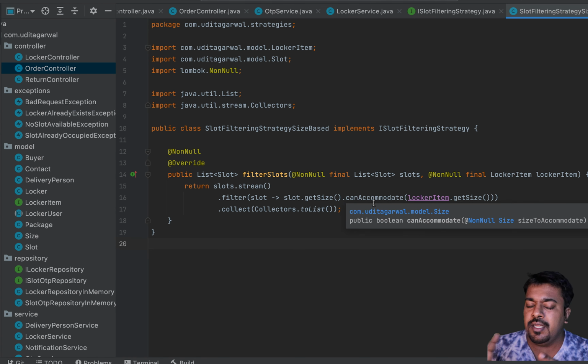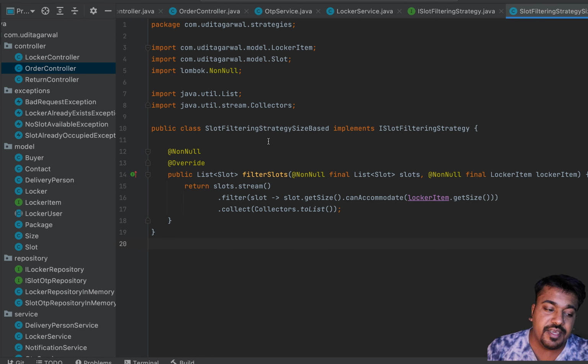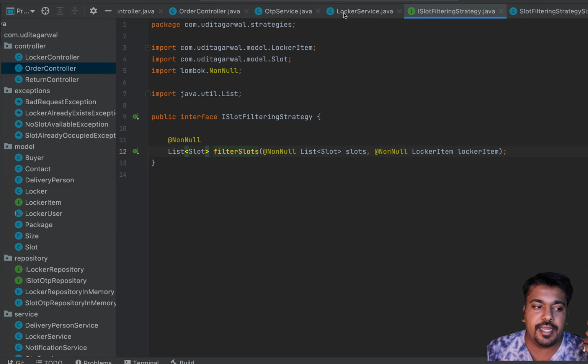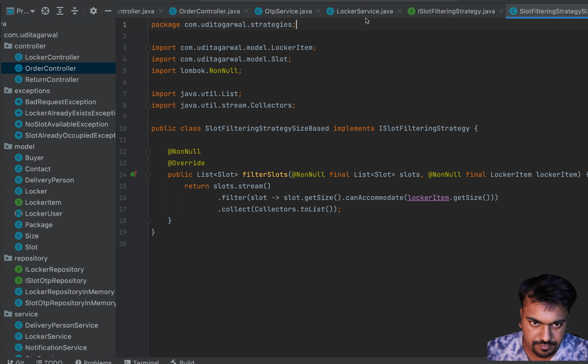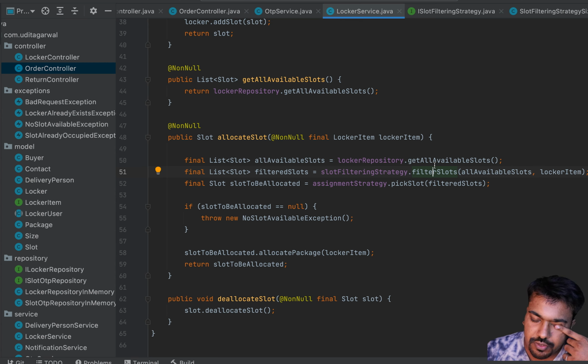But tomorrow, if we have other factors like volume and weight, as I said, those can also be put in over here. And we have created this as a strategy because we don't want to change the same class again and again, to follow the OCP principle. Tomorrow, if you have different kinds of strategies, if you want to mix strategies, or use different strategies at different points in time for different users, all of those things can be done by using this strategy pattern. So we have created an interface, and we have implemented it via an implementation of that interface.